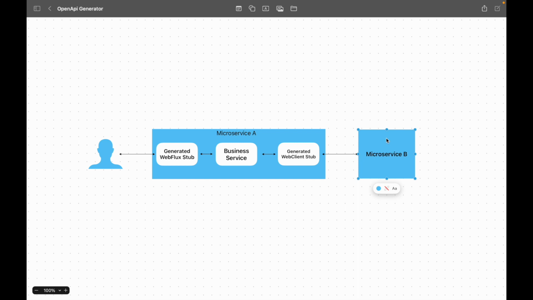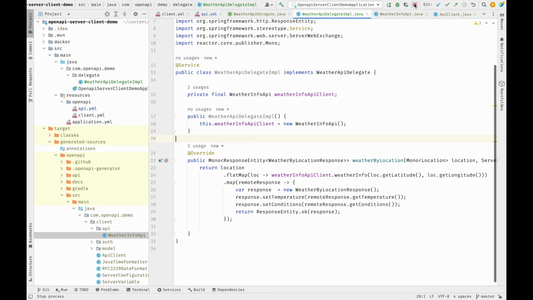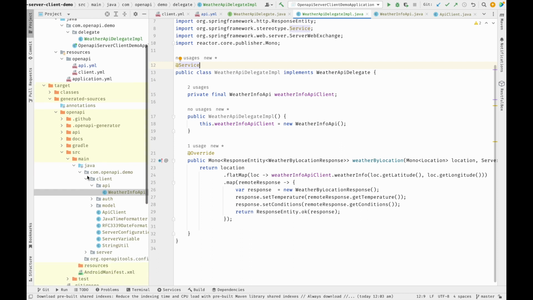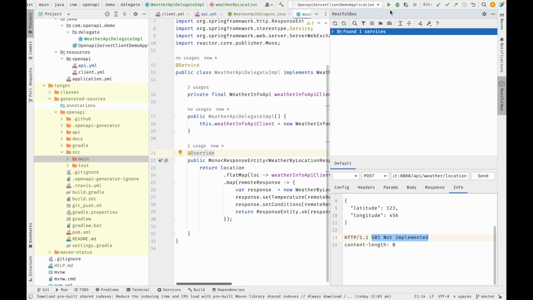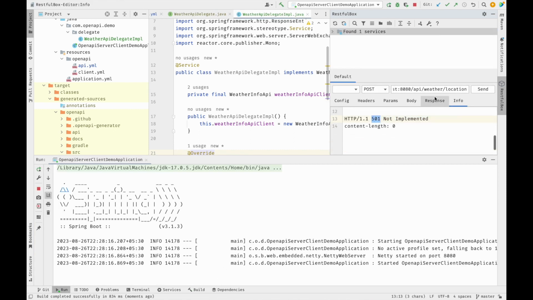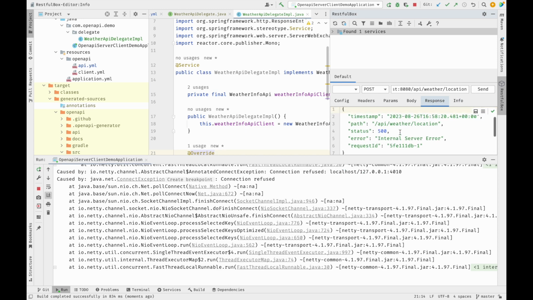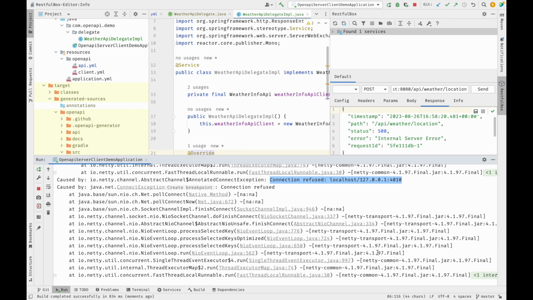we don't have microservice B now, which is listening to the host localhost 4010. So what I'm going to do is create a mock server with the help of the tool called Prism. But before that, let's execute this code and understand what things we are lacking over here. So we'll see if we get any errors apart from the connection refused. So let's restart this server. Previously we were getting 501 Not Implemented, but now let's hit that and understand what error we are getting. So now we are getting connection refused at localhost 4010,